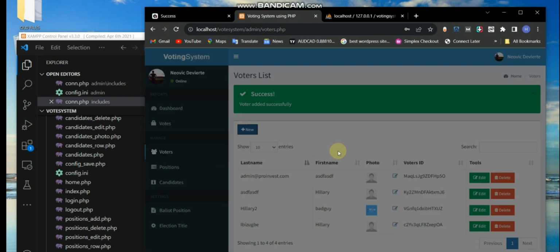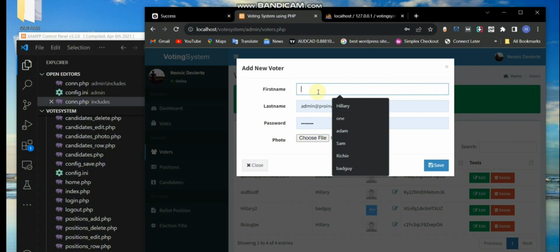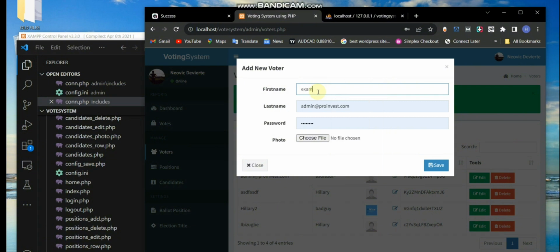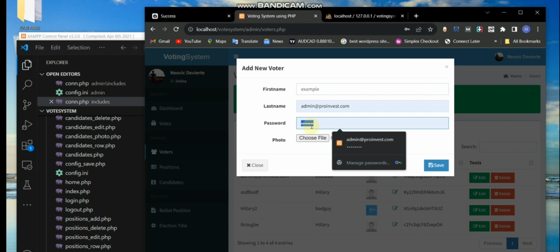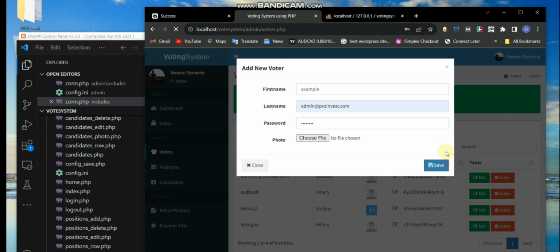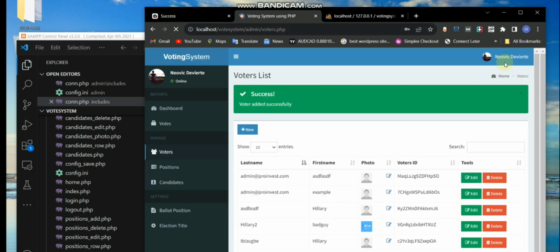So let me create one user now to use as an example. So example, and I'll now call the user. I'll give you a password of 1 2 3 4 5 6 7 8. Now save it. Now I can log out from this place so that I can